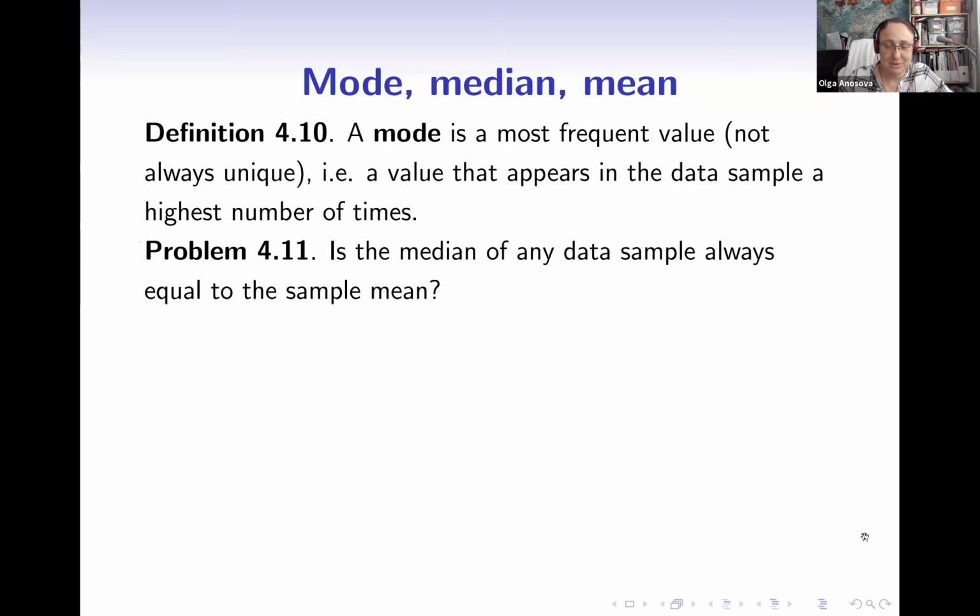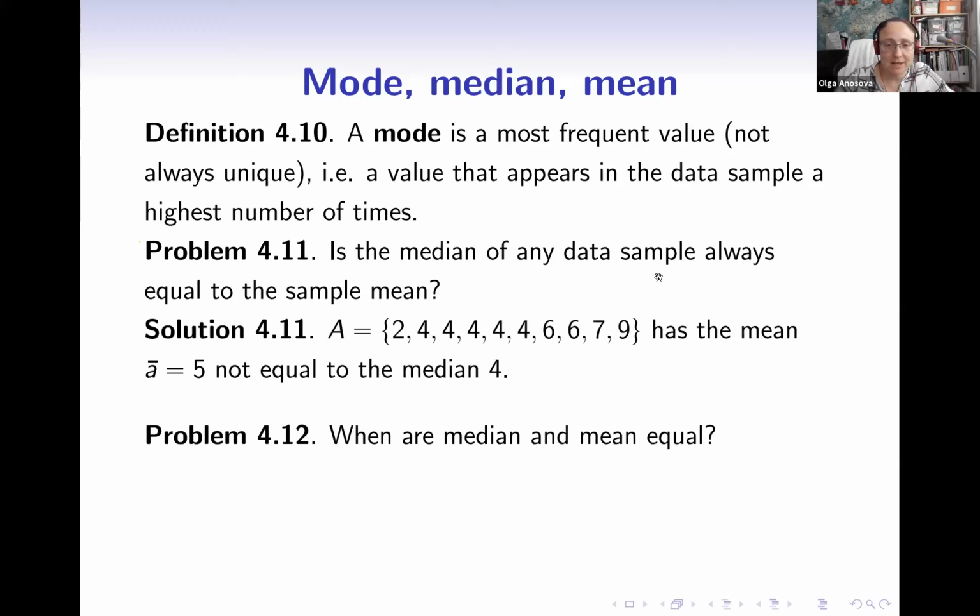Very good, for Gaussian distribution, yes. So actually, thank you, Tim, because you are sort of going ahead to my next question. Here, the question was for any data sample. For Gaussian distribution, it's indeed yes. But for any data sample, if it's not Gaussian, is the median equal to the mean? Well, no, it isn't, because we can give a simple example. To disprove something or to answer this kind of question, it's indeed enough to give just one example.